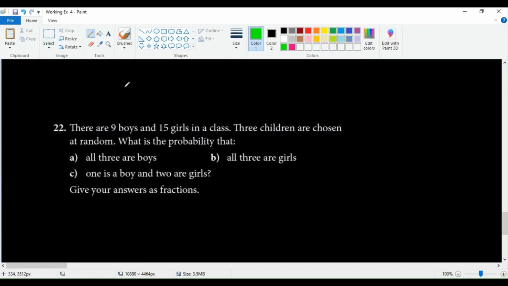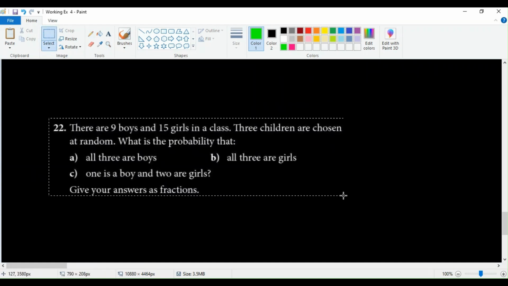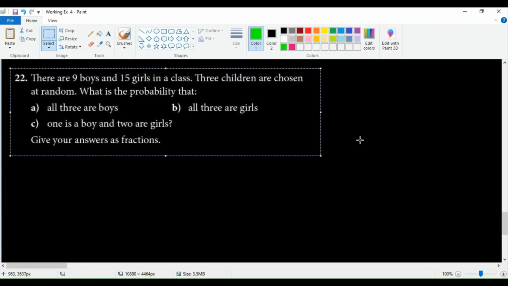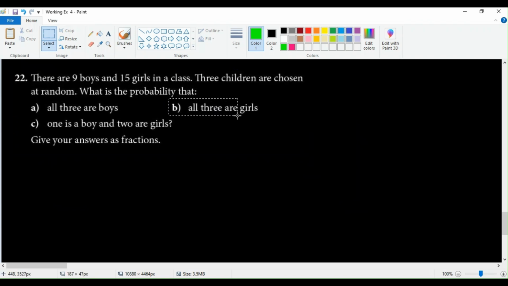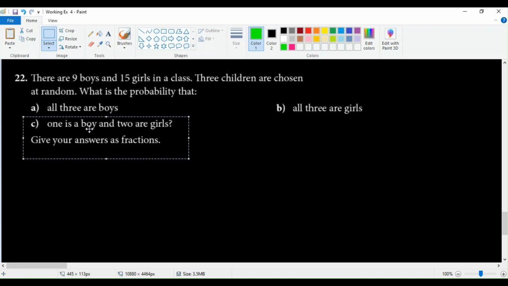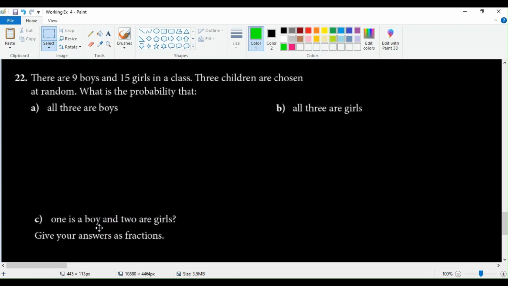So for question number 22, we know very well that it's talking about there are 9 boys and 15 girls in a class. 3 children are chosen at random. What is the probability that, I'll bring this a little down for the calculation? Give your answer as a fraction. So the answer will be in fraction. Now, when it says 9 boys and 15 girls, we are talking about 24 students. And the possibility of all 3 boys